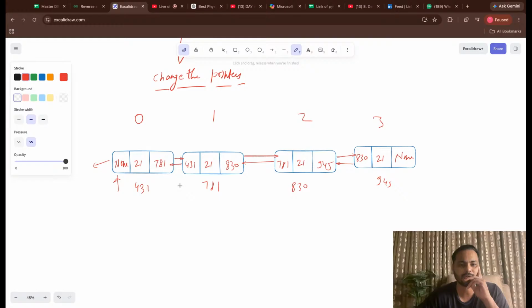Okay, let's say this is 21, this is 24, this is 29, and this is 41. So what I want is I want this 41 here, then I want 29 here, then I want 24 here, and then in the last 21. Along with that, what I want is,